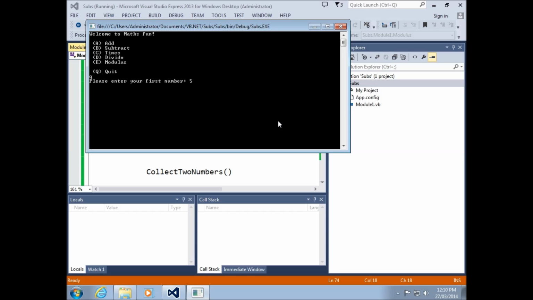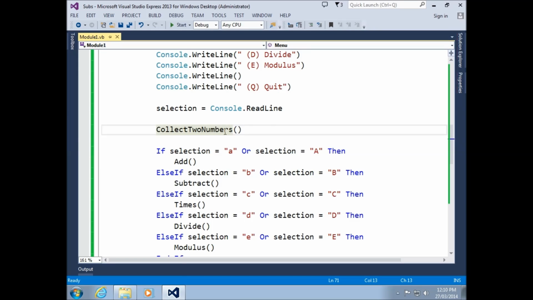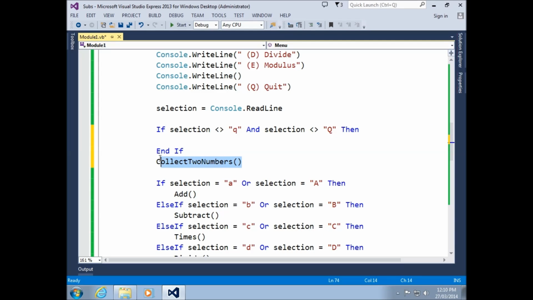And there's another problem. If I type in Q for quit, it's going to collect two numbers. So what we need to do, just quickly check that selection doesn't equal Q here. So if selection does not equal Q and selection does not equal big Q, then whoops,